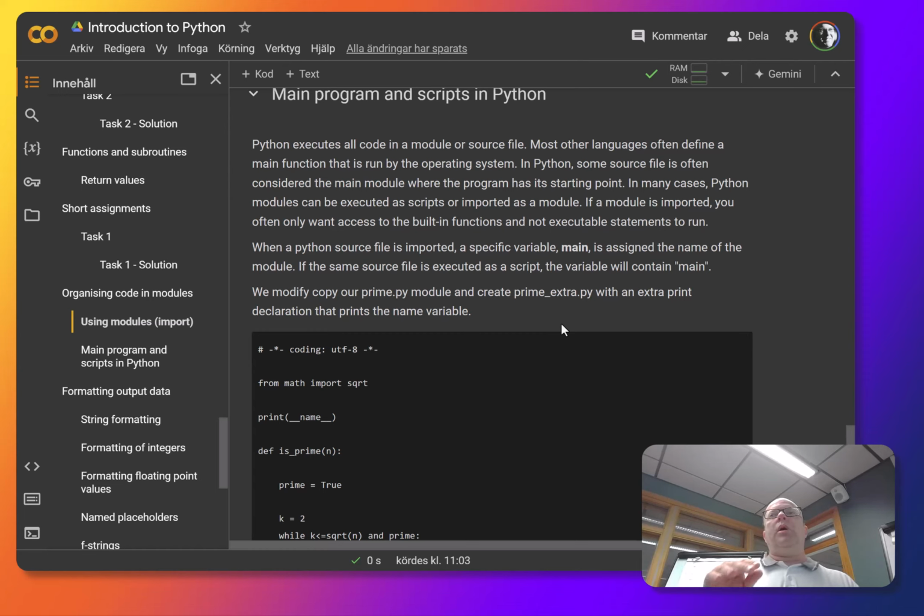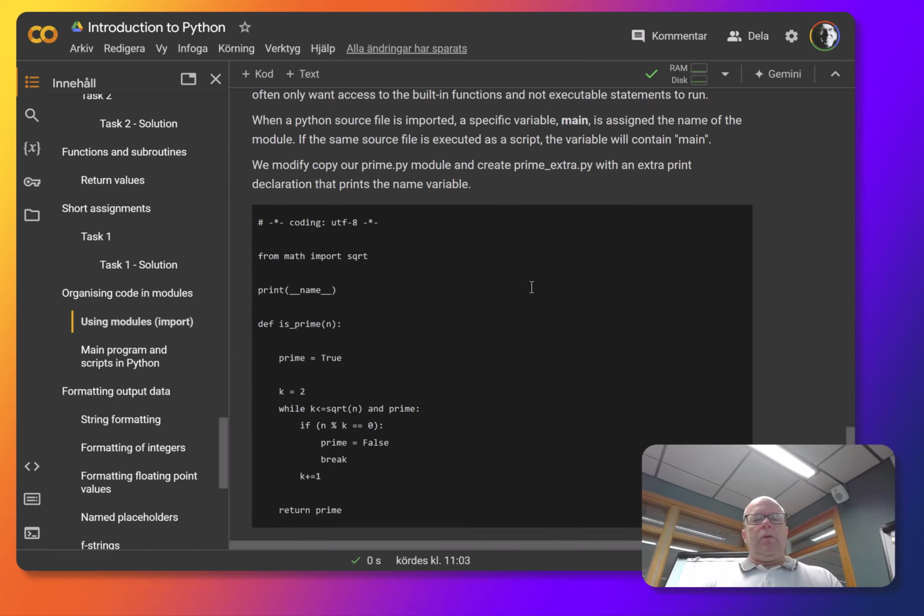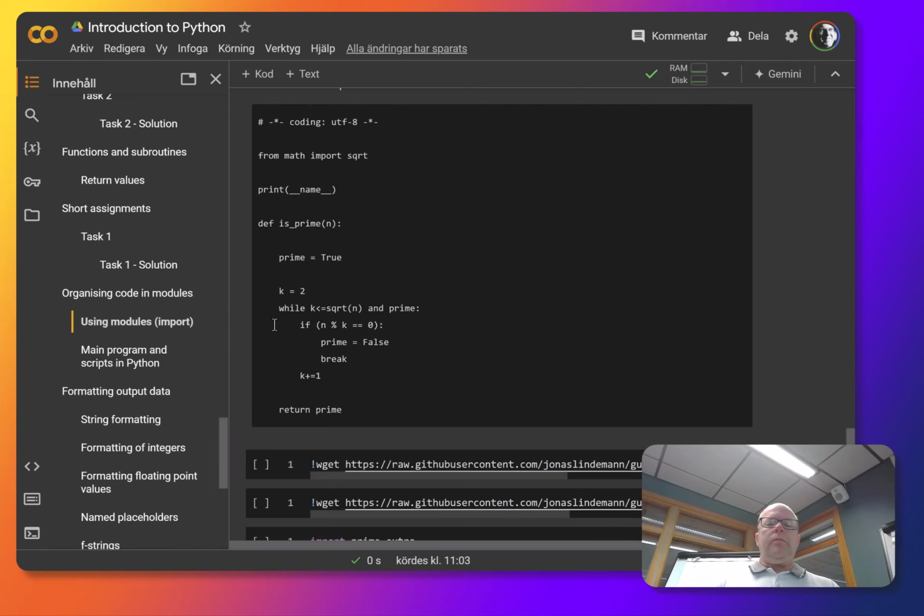So sometimes if you have a main Python script, you don't want it to be imported. You want to kind of know, is it executed as a script or imported? Because that is two different things. Import is done when the Python interpreter is already running, and then you call import. When you run it as a script, you do python and then the Python source code file. So in this case here, I have the same thing again. I have my prime